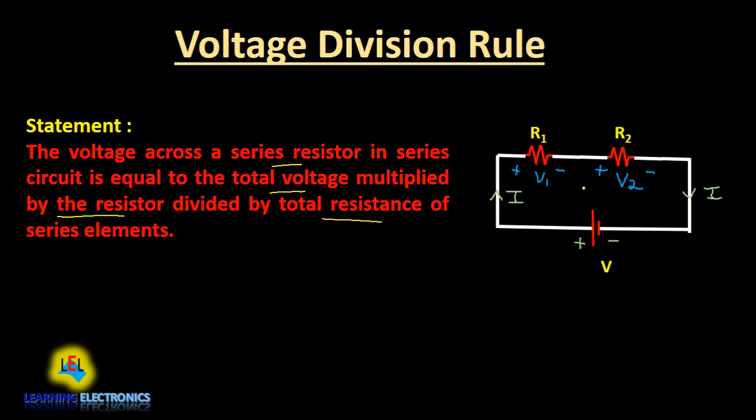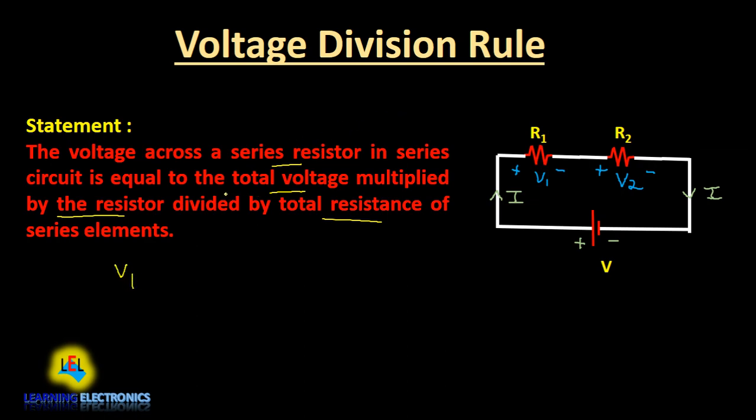Now the voltage division rule is applied to the series circuit, where voltage division occurs. So here the voltage division is occurring. This voltage is divided into two voltages, that is V1 and V2. So first we have to find out V1